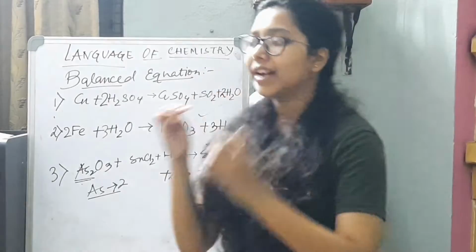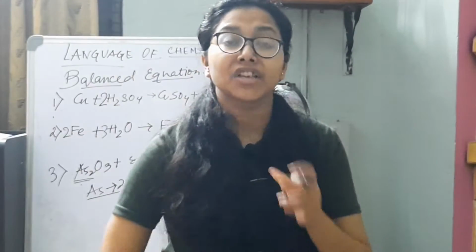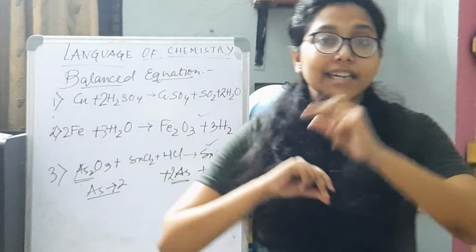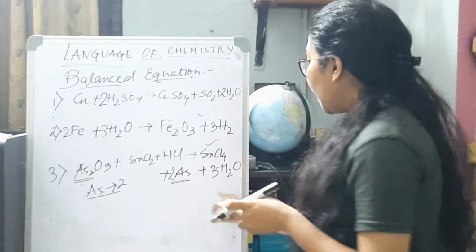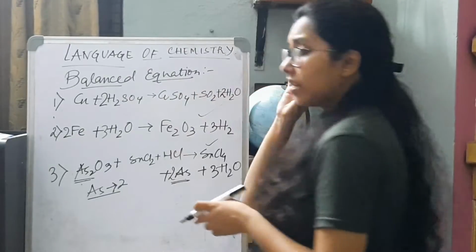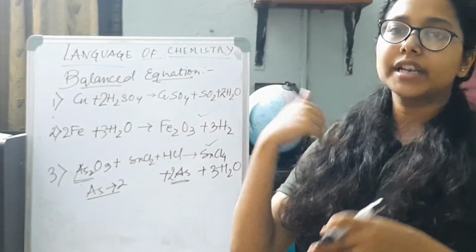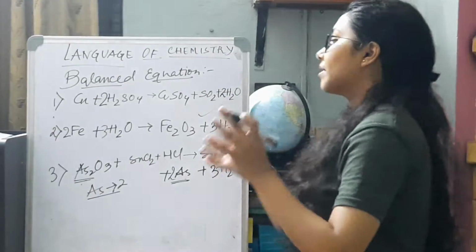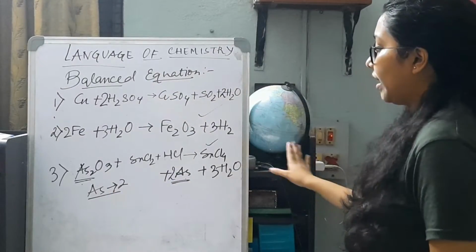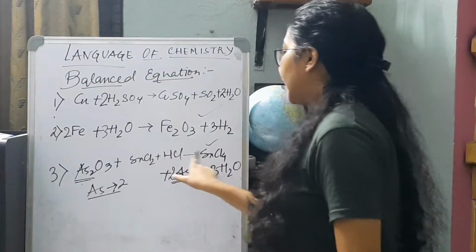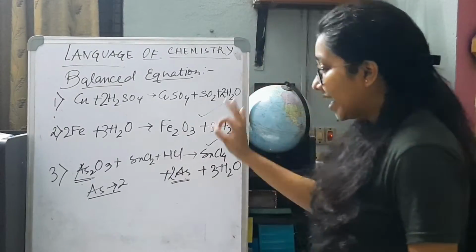In general, we are applying the hit and trial method, but sometimes the tip is that you can also turn the odd number into an even number. That is also a trick, okay? Now, when it is necessary, not always, first turn the odd part to an even part and then proceed. That sometimes works. Now, O3, 3 oxygen balanced. Moving to the next part, Sn balanced. So we have to balance chlorine. Why?